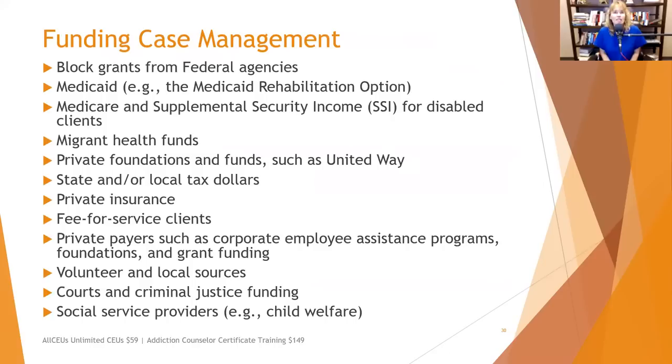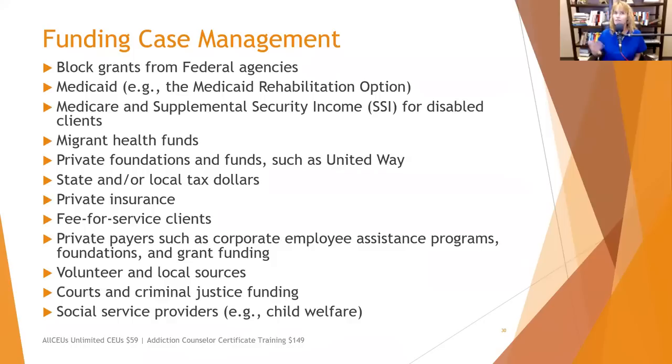So where does this funding come from? These are great services, but how do you get paid for them? Block grants from federal agencies like SAMHSA are available, and agencies have to apply for those. Medicaid, through the Medicaid rehabilitation option, will sometimes pay for it, especially for clients who are severely and persistently mentally ill. Medicare and Social Security supplemental income for disabled clients, migrant health funds, private foundations and funds such as the